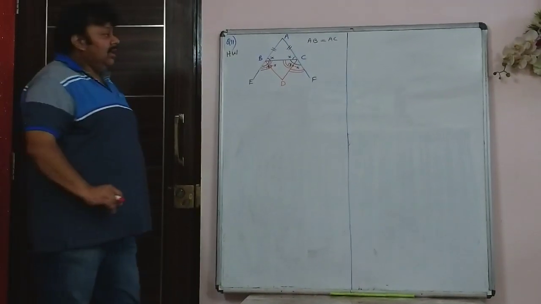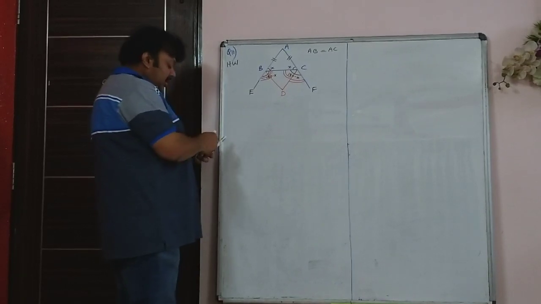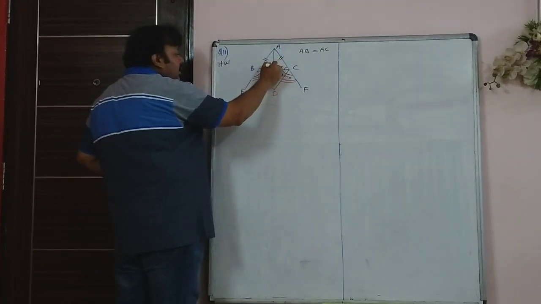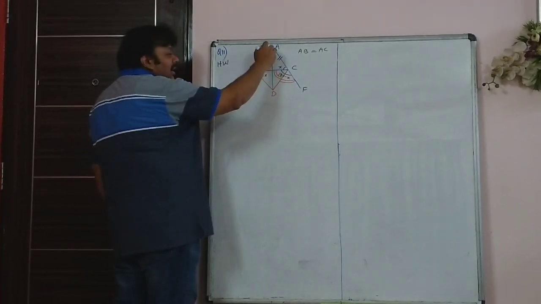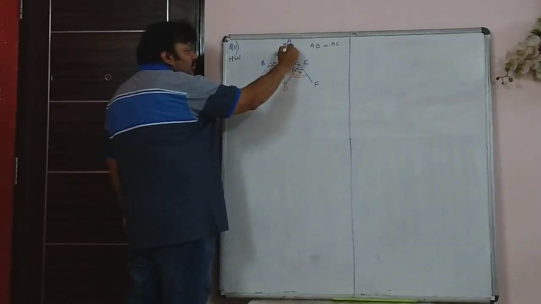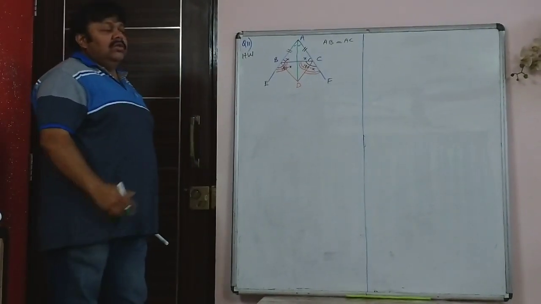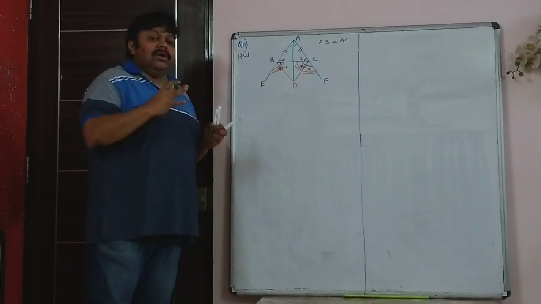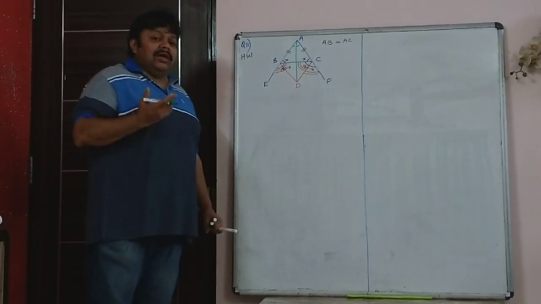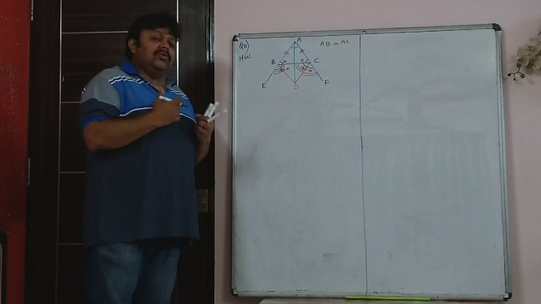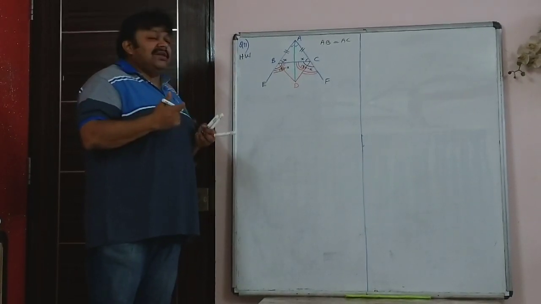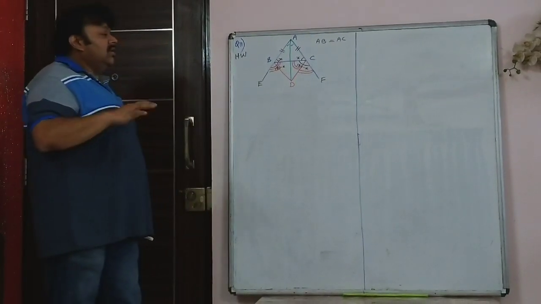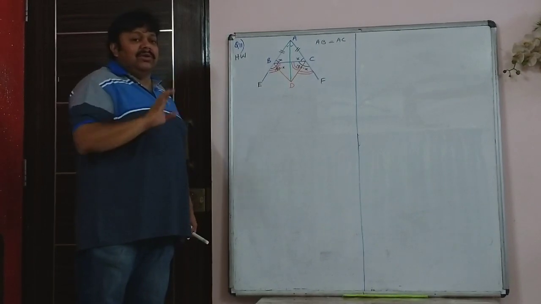Prove that AD bisects angle A. So if you join AD, you have to prove that AD is going to bisect. That means you have to prove these two angles are equal. As I told you earlier also, bisector does not mean perpendicular. Bisector means just divided into two equal parts. If it is an angle bisector, it divides the angle into two equal parts. If it's a bisector of a side, it means that side is divided into two equal parts. The term perpendicular bisector is not mentioned in this.